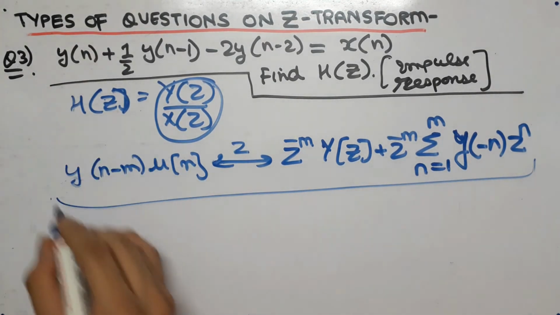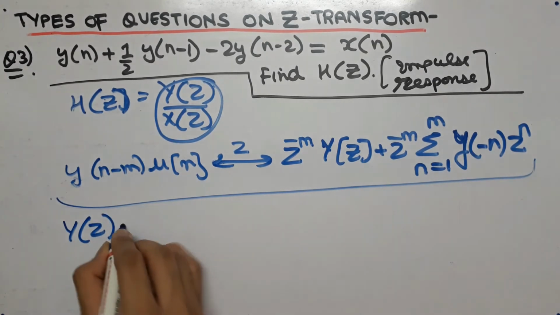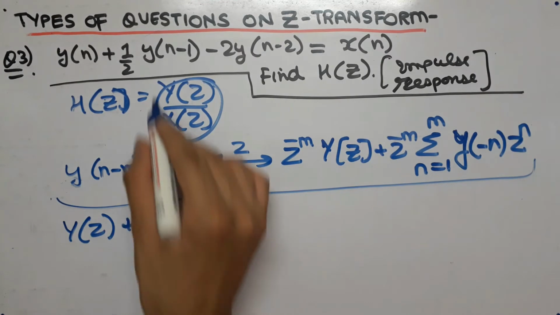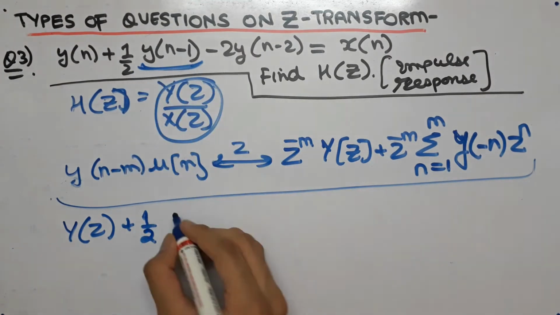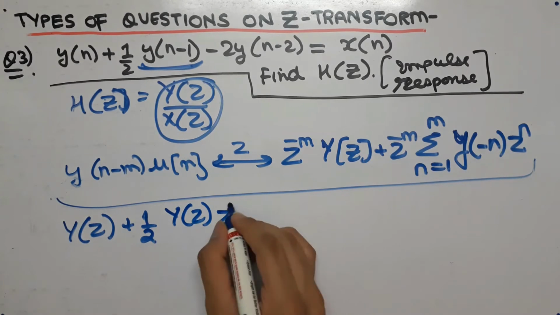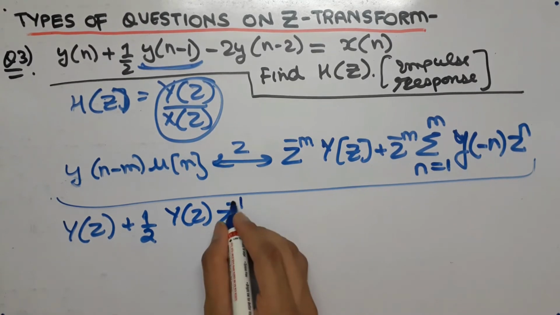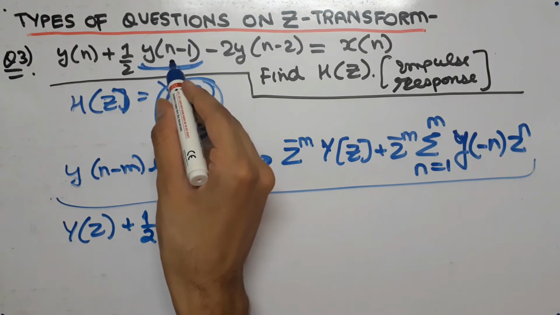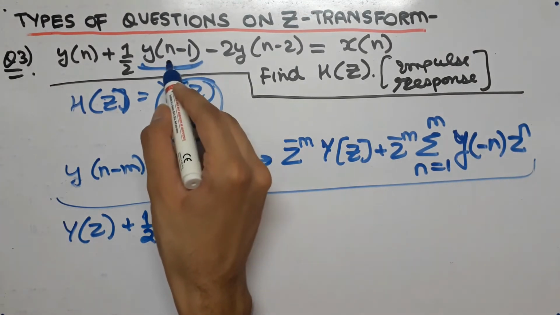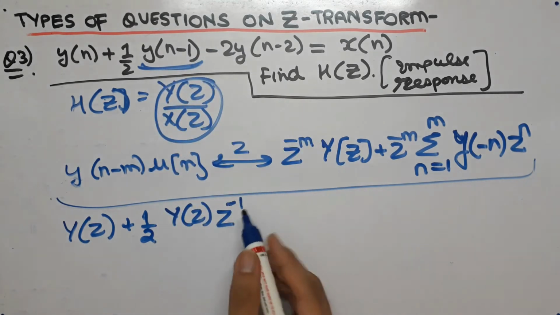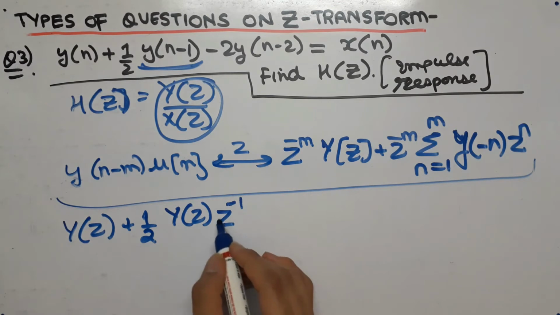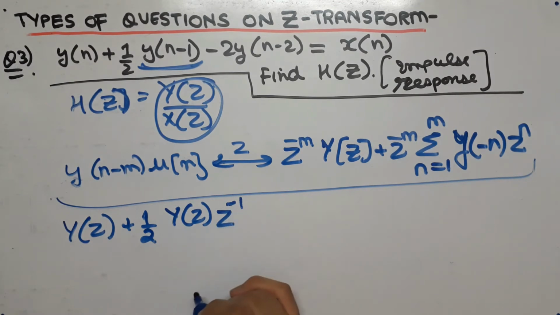That is, we will write yn simply as yz, and now in this part we will simply write half, and now for this, first of all we will write yz, then we will raise z to the power minus 1, because over here we have n minus 1, so whatever is subtracted from n, that is, now 1 is being subtracted from n over here, so we will put that power to z and put a minus sign also, that is, we will raise it to the power z power minus n.